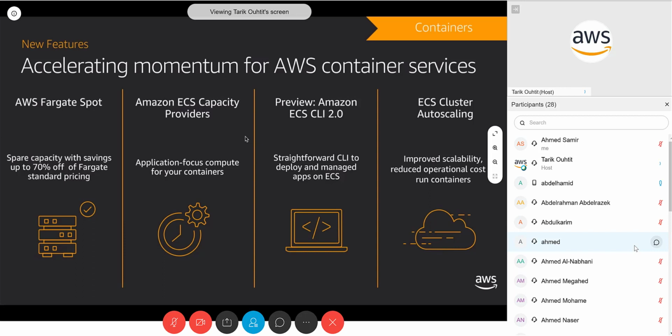What does this really mean for you? It means that you can create some really interesting strategies with things like, okay, I want a pool of compute for my containers, and I want 30% to be on spot and 70% to be on demand, for example. Or maybe I want it so that whenever my cluster auto-scales back in, those instances, those containers running on them are automatically drained and gracefully shut down. ECS will now handle that for you, and that solves quite a big pain point that customers had previously with ECS.